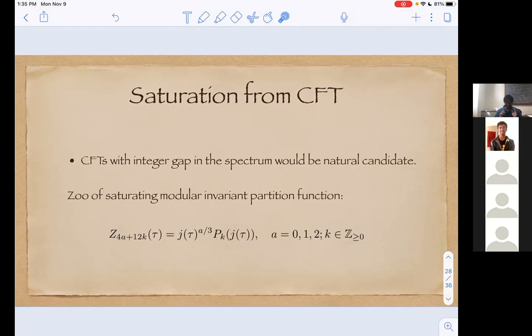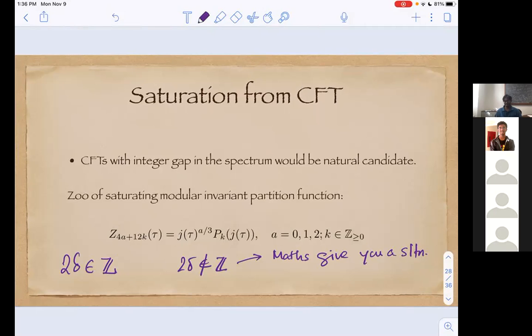Oh, yeah. I can tell you one more thing. Then I guess it would be clear to you. The point is, I just told you the construction of the extremal function for 2 delta belonging to Z. You can do a similar thing for 2 delta not belonging to Z, for arbitrary values. So the maths problem still has a solution. Maths gives you a solution, but we have not been able to construct any modular invariant partition function which matches with the math solution.